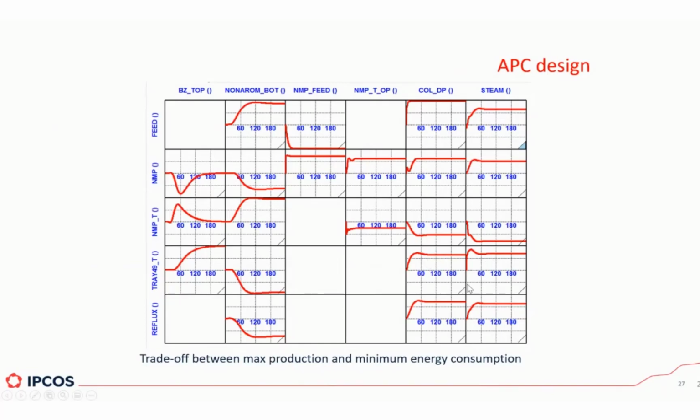And you have all these kinds of interactions that make you think, okay, if I want to really try to minimize the amount of energy consumption or maximize the production, whatever it is that I want to do, I really need to know what the effect is. Because if you think about it, here we're doing kind of the opposite of what you typically would do. You are using the steam in the bottom to control the top quality, if you see here, because these other two models we have here with the solvent are just dynamic models. They don't have any steady state gain, obviously, because you have a temperature controller there. But anyway, it means that